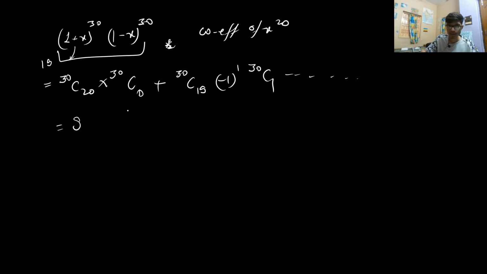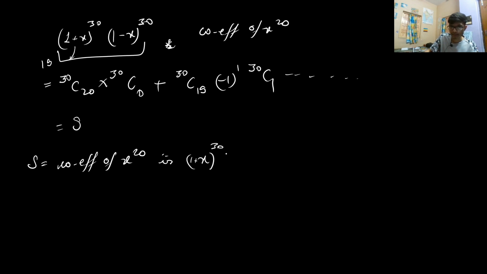So we can say that S is basically nothing but the coefficient of x to the power 20 in the expansion of (1 plus x) to the power 30 into (1 minus x) to the power 30, that can also be written as (1 minus x squared) whole raised to the power 30. So if we have to look for the coefficient of x to the power 20, what can we say about it? It will be basically